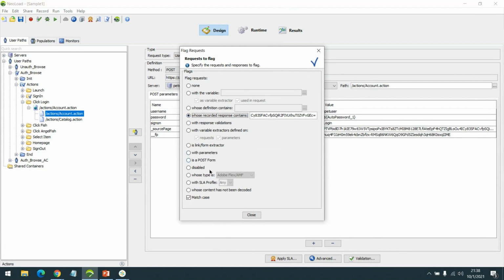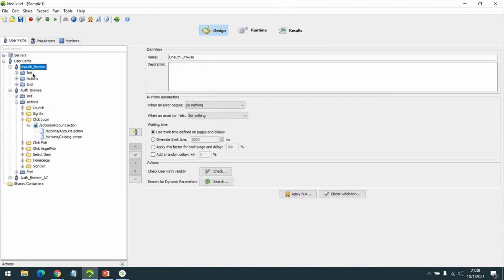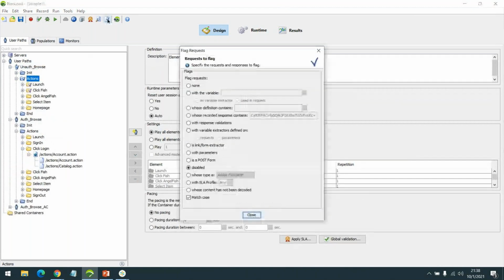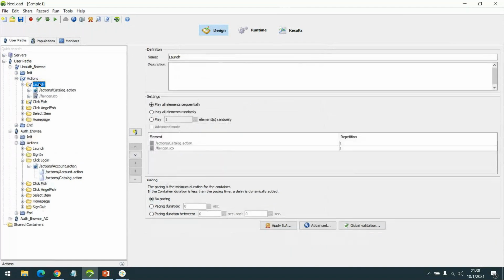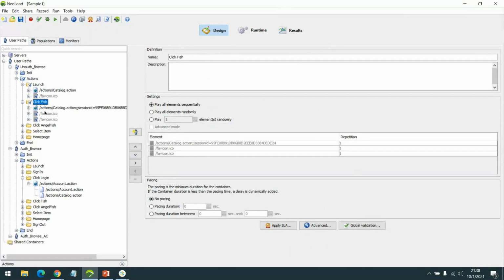If I give this, all the requests that got disabled will get selected. If I just select this disabled, I'm able to see these are the two transactions that got selected.